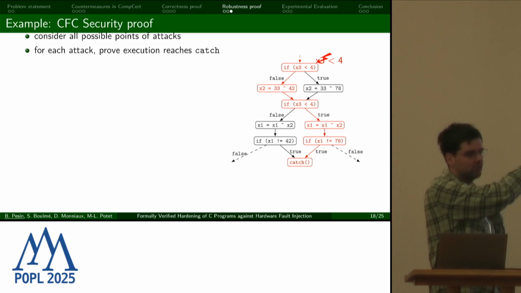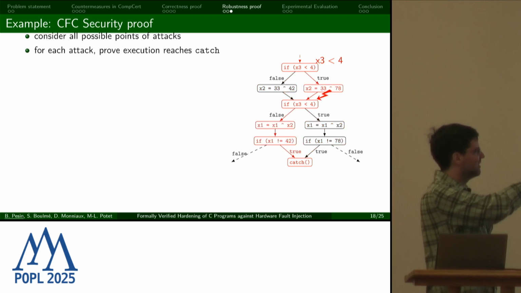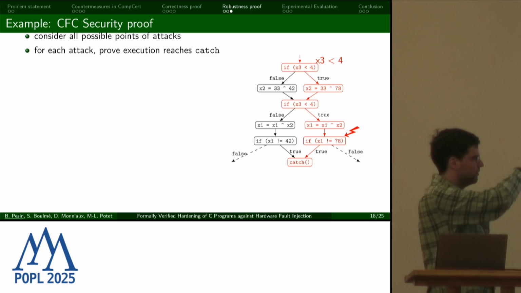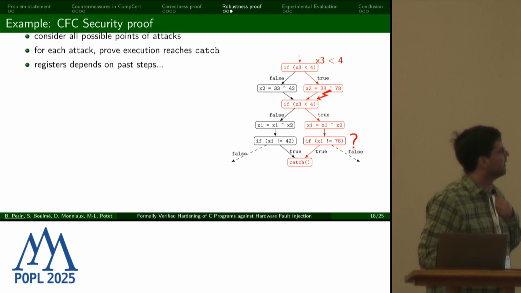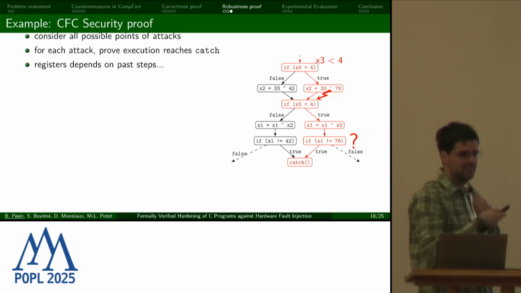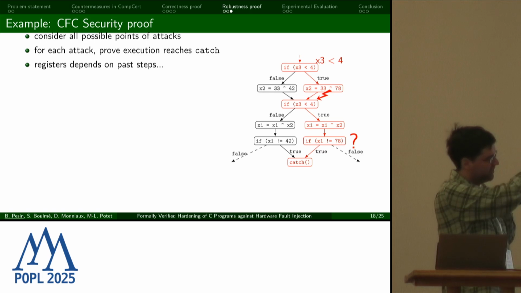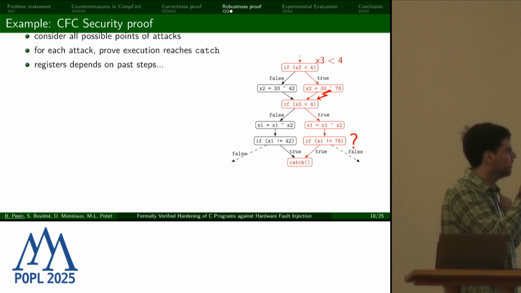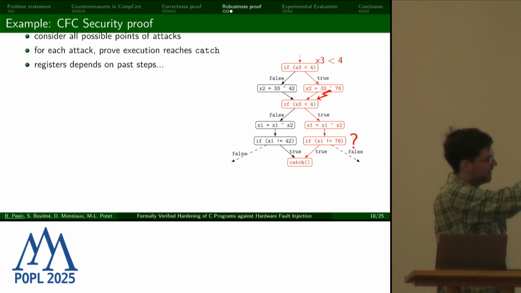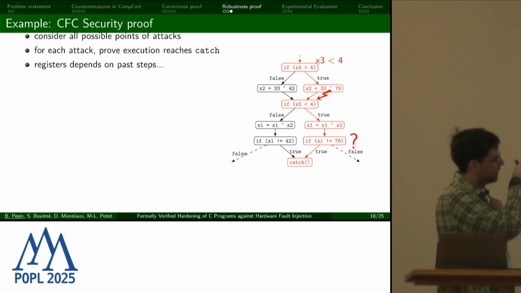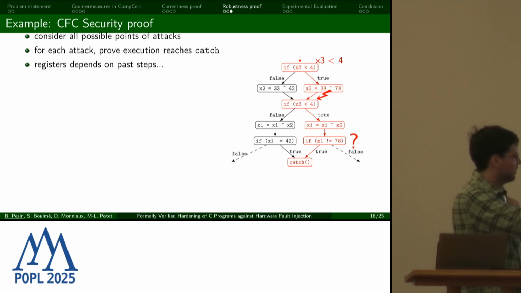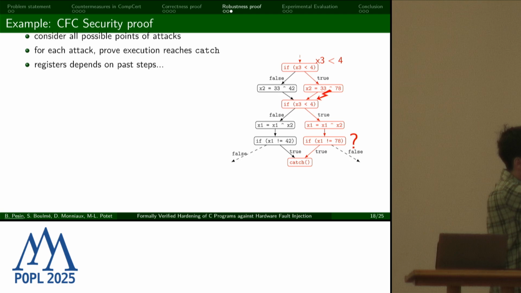Every time there's a conditional, you could imagine an attack, so it could be here, it could be here, it could be here, or on the left side. But let's just talk about this case, and the others are treated more or less the same. So now let's imagine the reasoning that we have to do when we are here. What we want to prove is that if this was attacked here, actually, the red part should be on the left, sorry. But we actually get into the catch at the end.